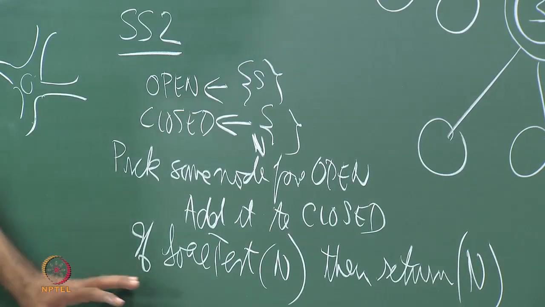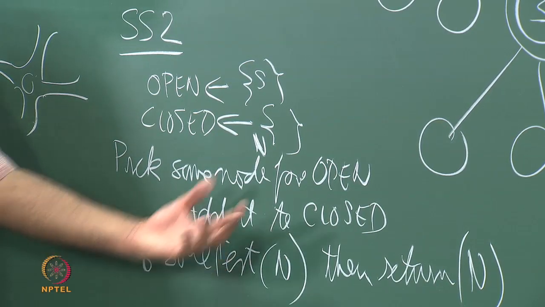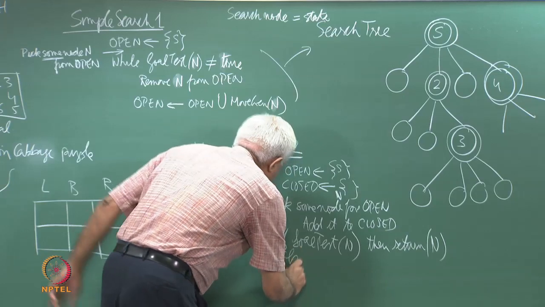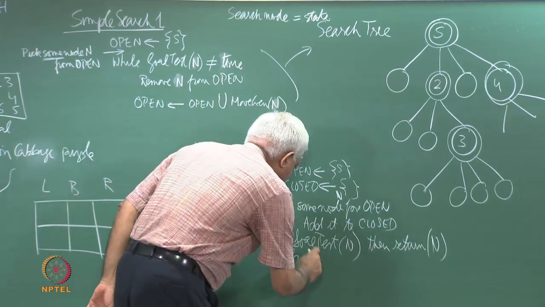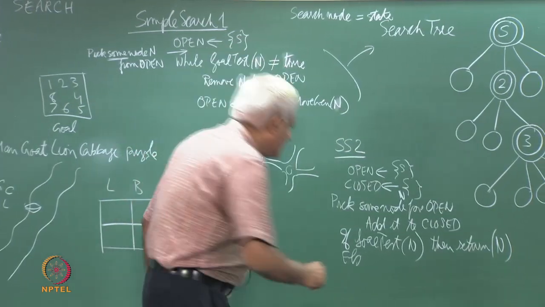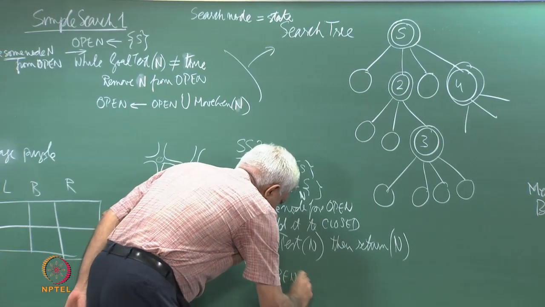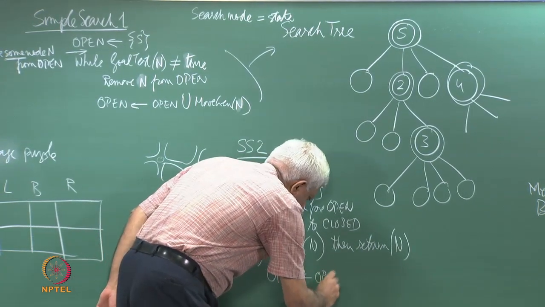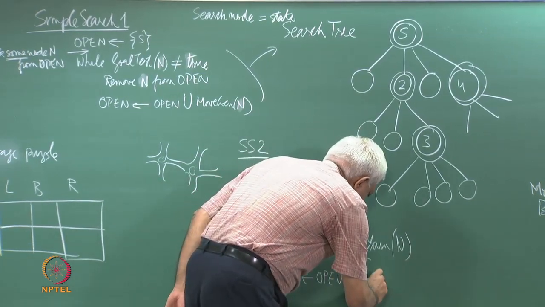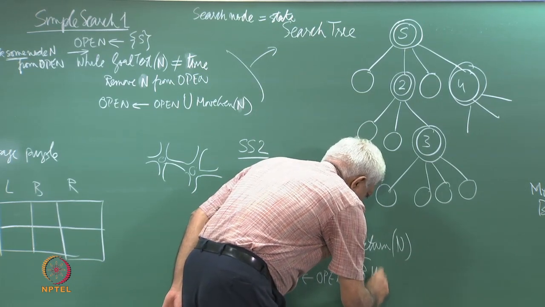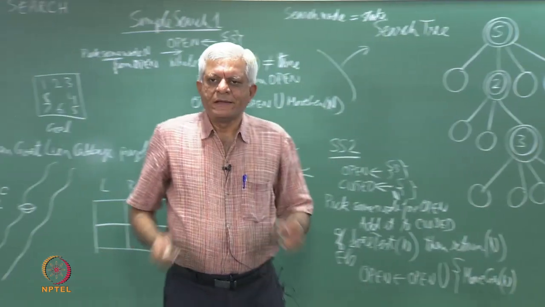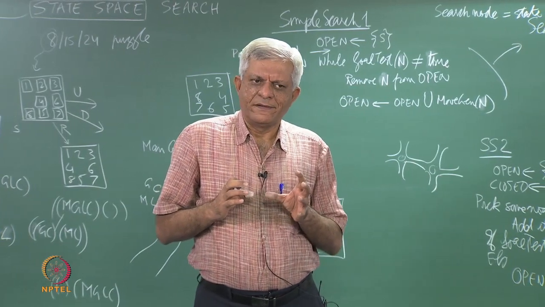I do not know whether you can read this, I should write a little bit more carefully. If goal test n, then return n, that is what I am saying, just return the state, else as before add. So, what should I add to my open now? Union what? Move gen n minus anything in closed,